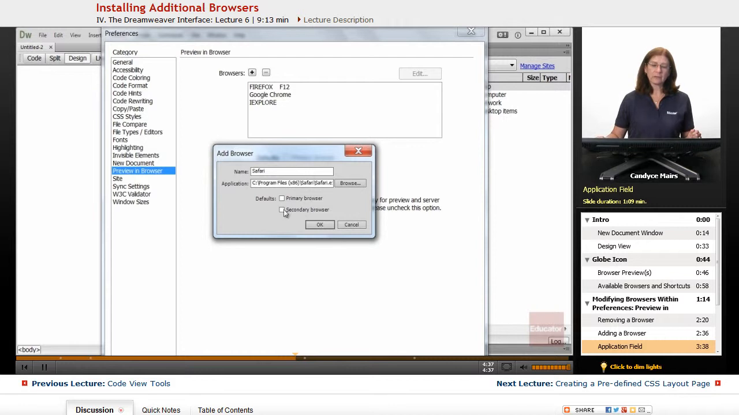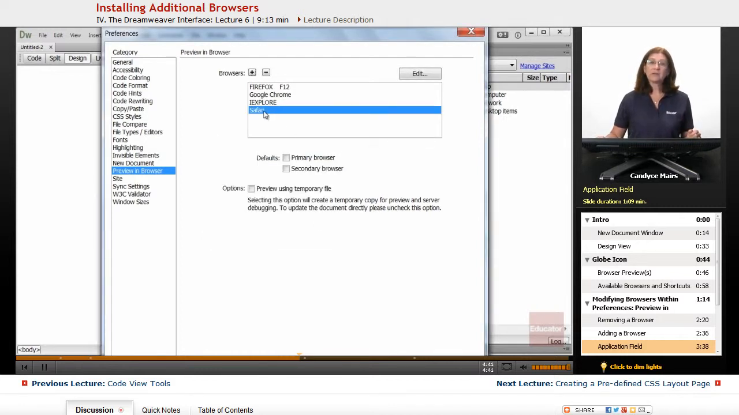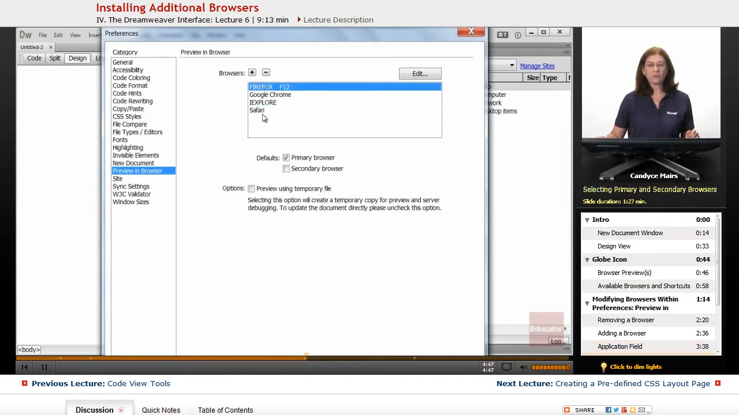I'm not going to worry about these two defaults quite yet. Now you can see Safari was just added to my Dreamweaver list. Now what I'm going to do is determine what I want set up as my primary and secondary browser. I have a couple of options here, but what I'm going to do is set up Google Chrome